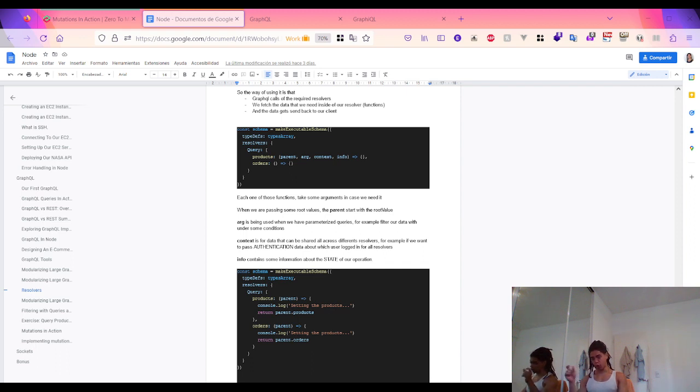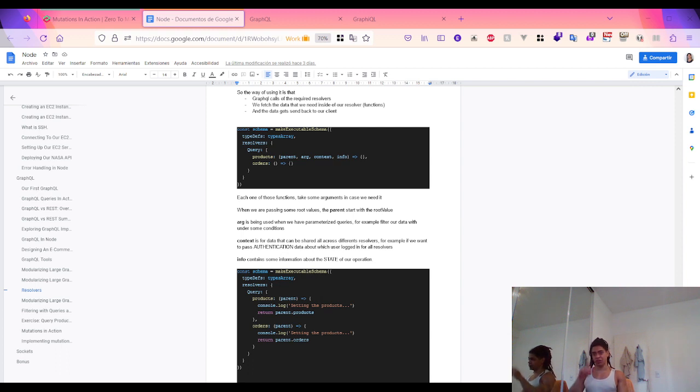So we're going to load all of those separate files. The way you make your resolvers modular is by defining a function called resolvers that follows a particular